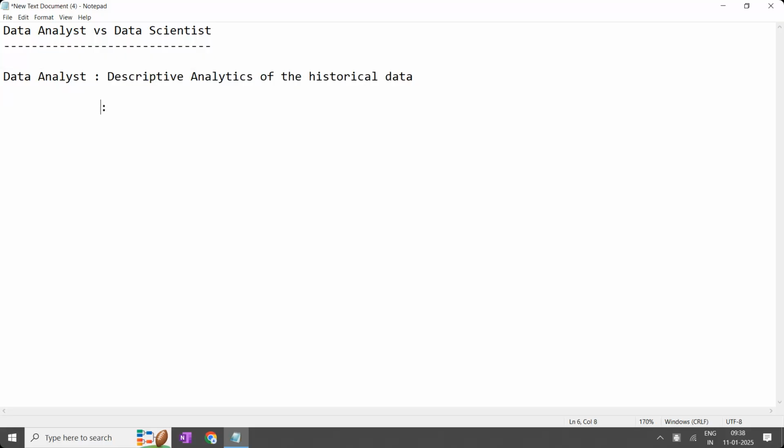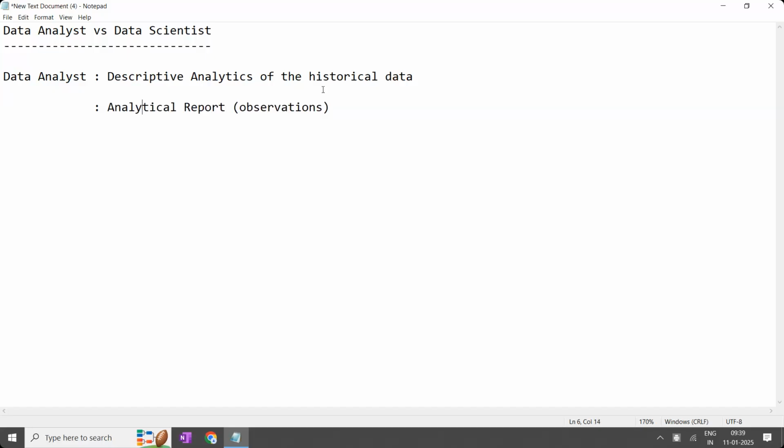They give the report of observations, the analytical report, meaning the observations they have made. This is point number one, the work of a data analyst.